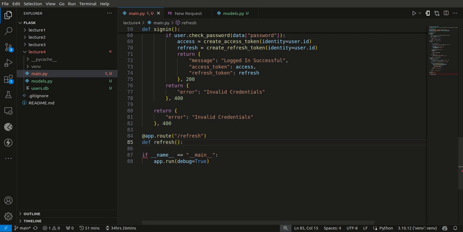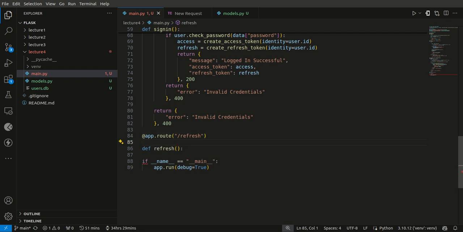Enter. But now what we are trying to achieve here is we need to get the token inside of the request for the refresh token. Also, we need to return the new access token. So before refreshing the token, I need to actually get the token first. So what I'll do is add one more